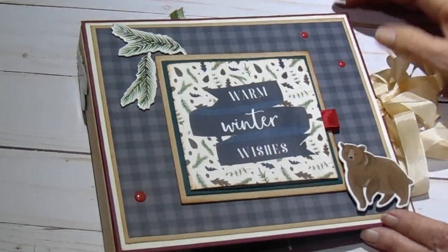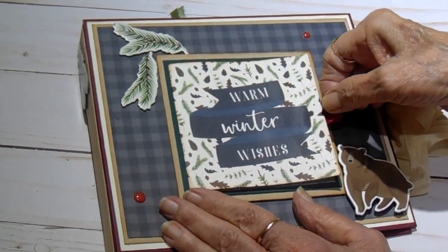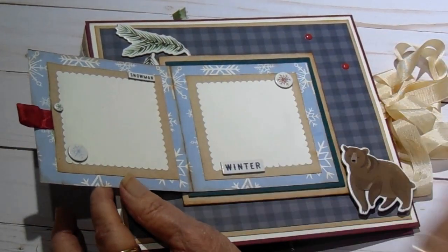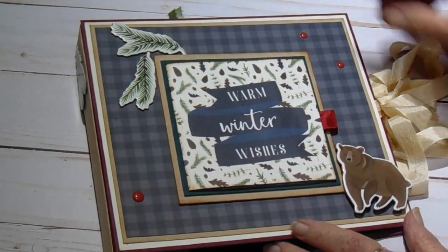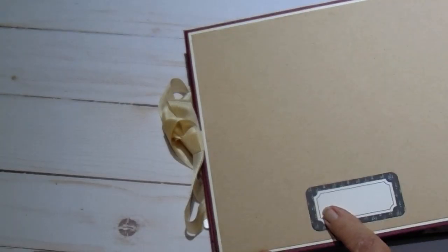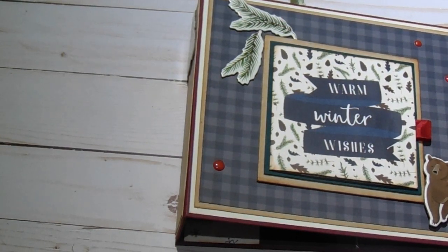A couple of the dimensional stickers, and on the front I have a little photo mat that opens out. There's two photos inside and some of the dimensional stickers from the chipboard sheet. And the side just has a double mat with one of the stickers, and the back is very plain with a placard to put a date or who it's to or whatever. So it opens with the ribbon,